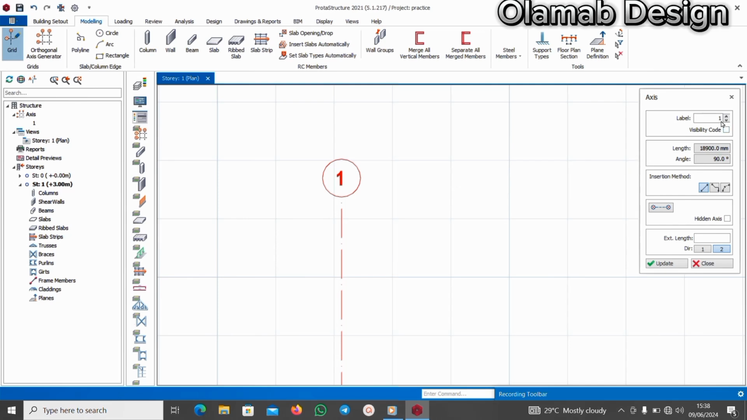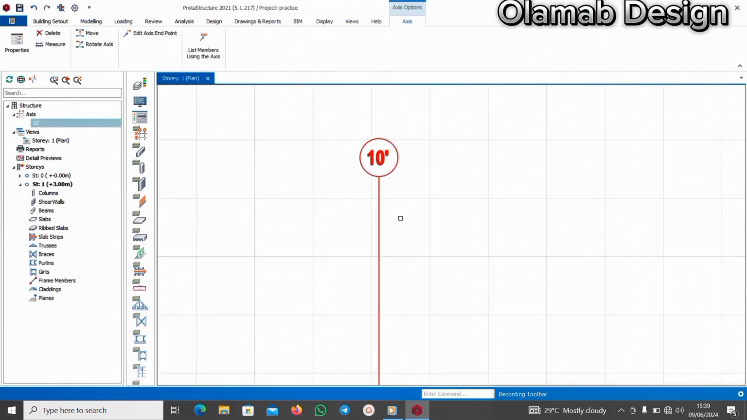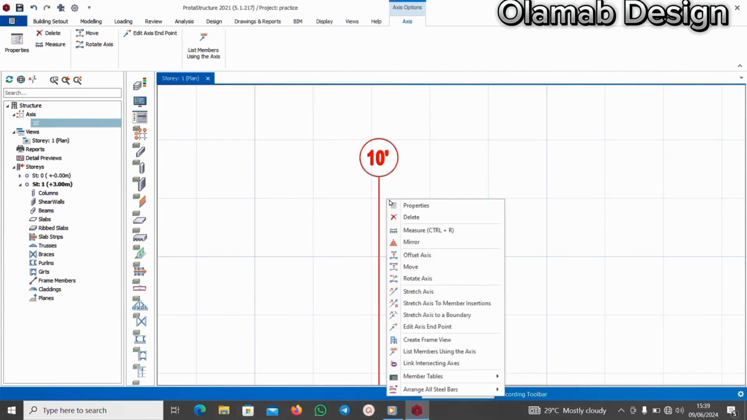So I'm going to change this from here to 10, and I'll click my prime. Then I'll click on update. I'll close. Since I have this first grid now, I will left click on it and I will